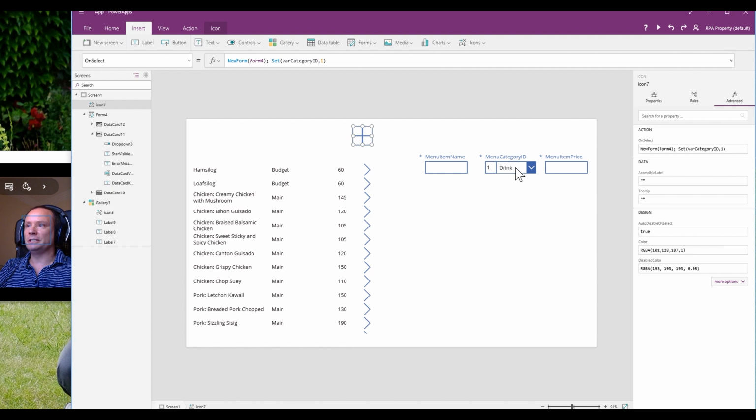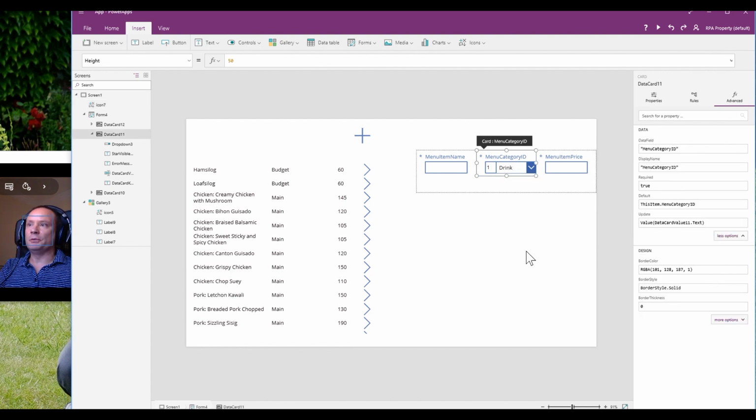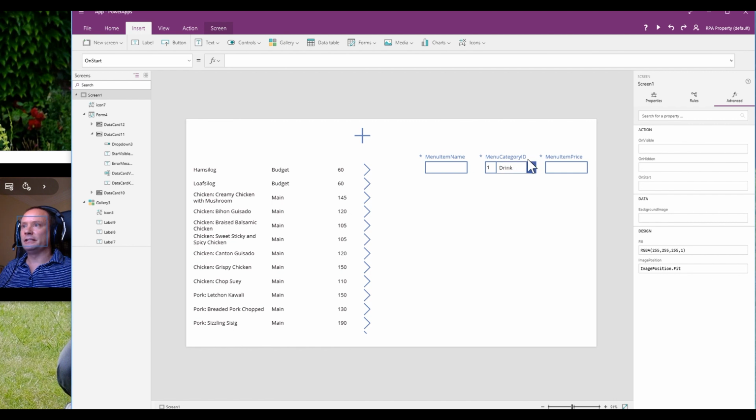But you may want instead to force people to select something from the list. So you may want this to say something like please select, so that people have a sort of a trigger there. They don't just leave the default value. So we can do that, but we need to add a please select to this drop down, and then when we hit the plus button, make sure that's the one that is displaying. So let's see how we can do that. We're going to do that with a collection,